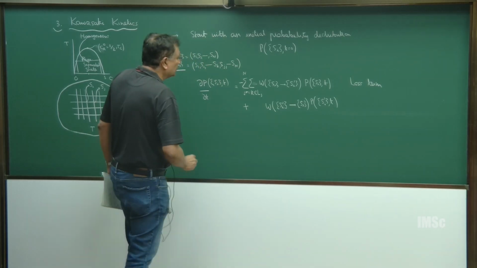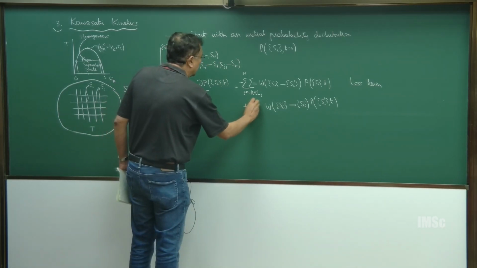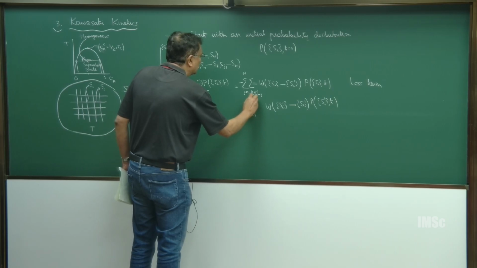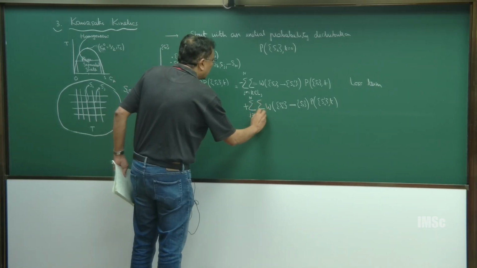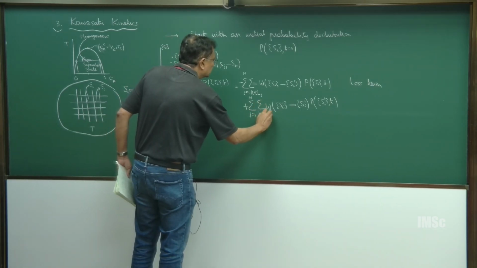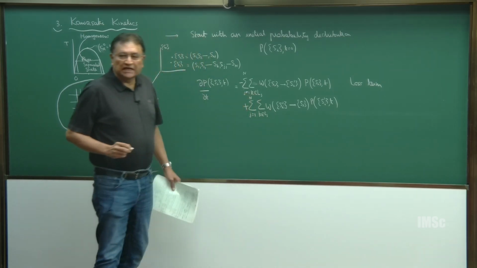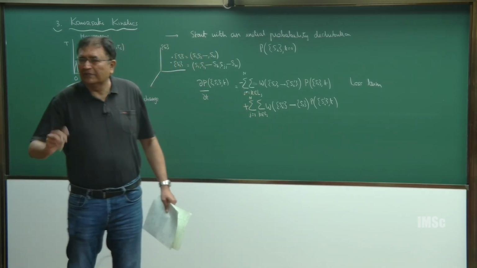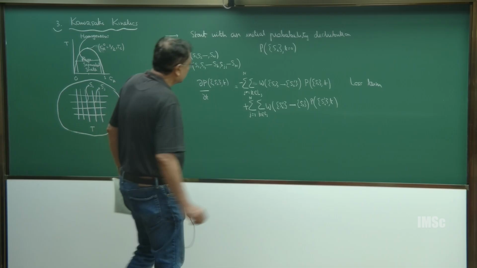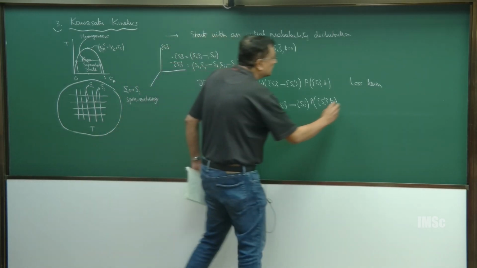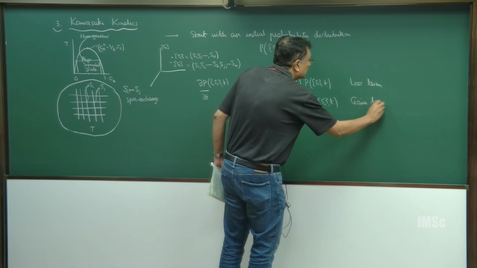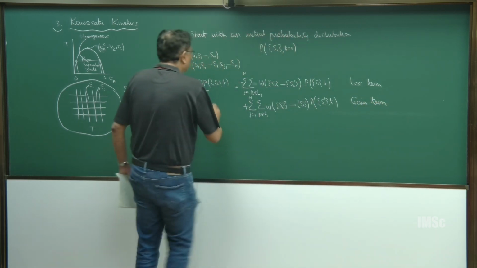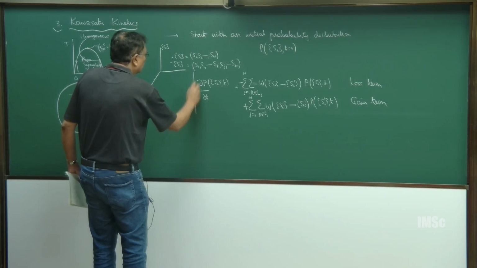And again, you can do this for any pair of nearest neighbors. So you sum j equal to 1 to n, and you sum k over the nearest neighbors. In Kawasaki exchange, you only allow the nearest neighbors to exchange basically, okay? And you sum over the nearest neighbors of j, and that's the gain term. So let's put that in a big box,